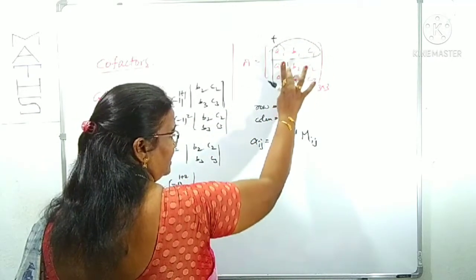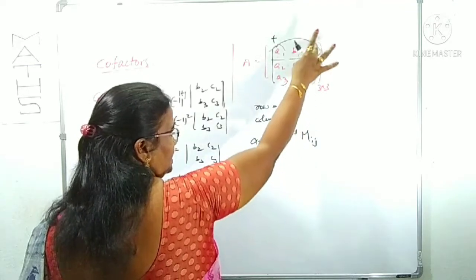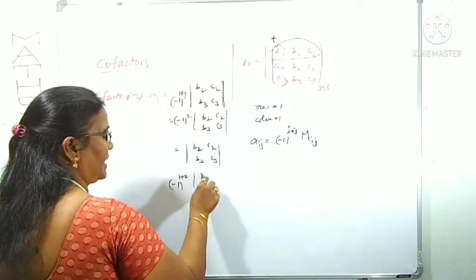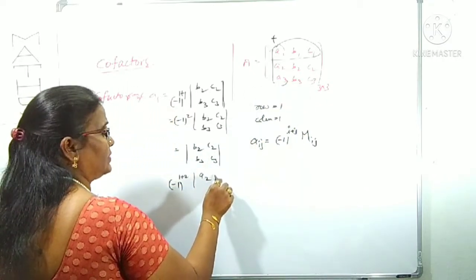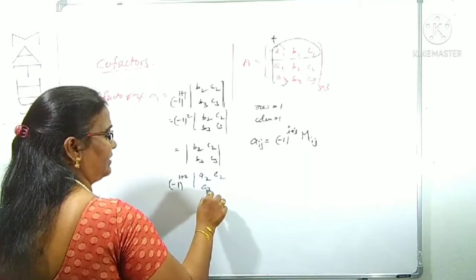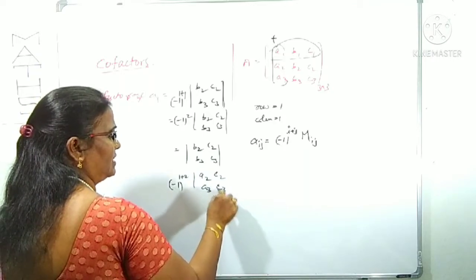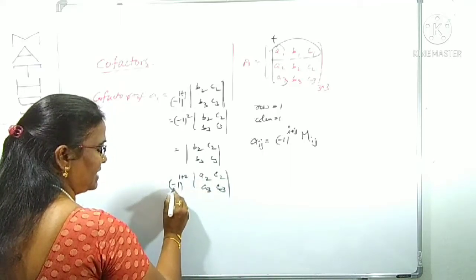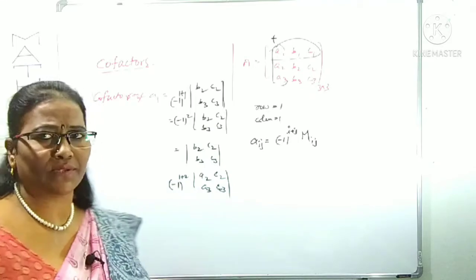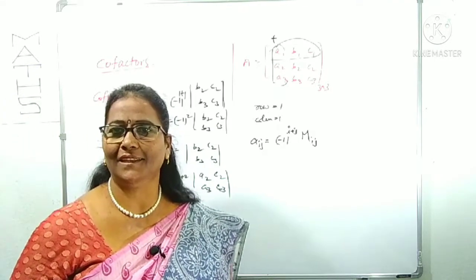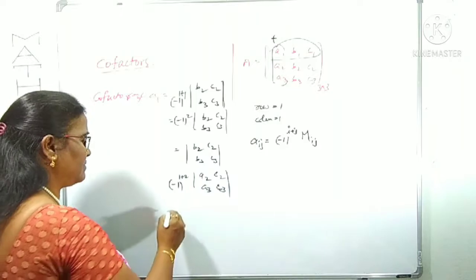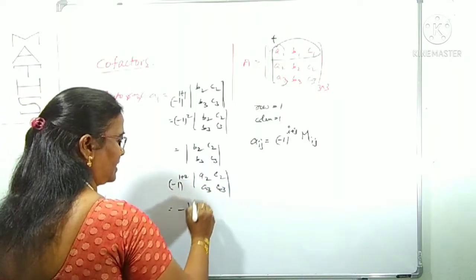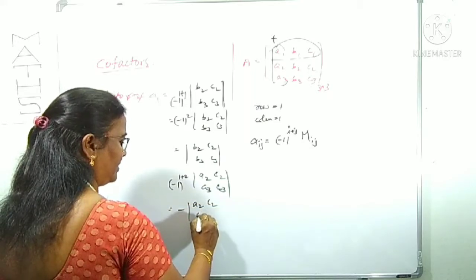After closing these, what are the leftover? If you close this, what are the leftover: A2 C2 A3 C3. We can find out its determinant. That is A2 C3 minus A3 C2. But what is here? Minus whole power 1 + 2. 1 + 2 is how much? 3. 3 is clearly an odd number. In case of an odd number, minus whole power odd number, minus will come. It becomes minus of A2 C2 A3 C3.